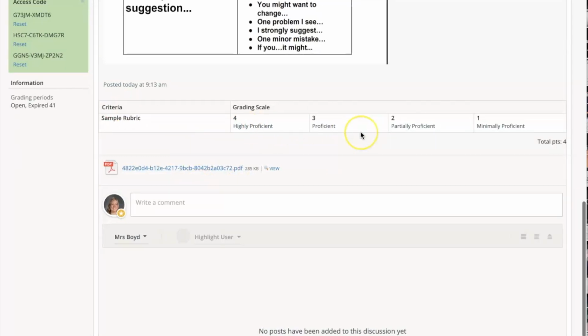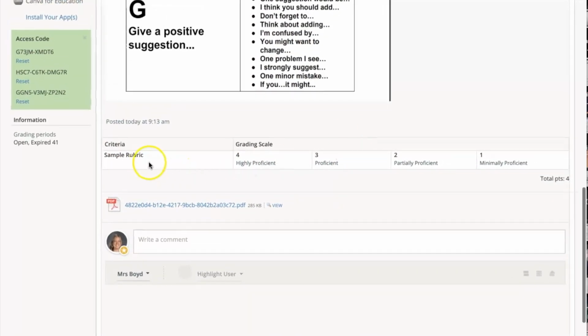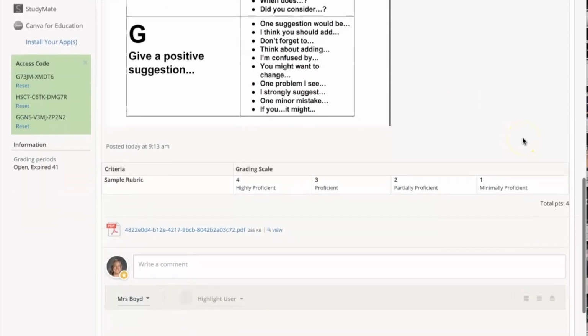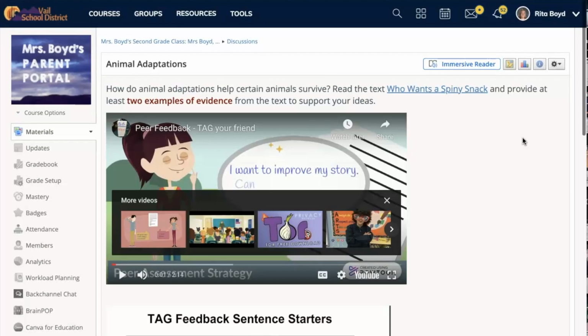And then they do have this was a sample scale, but here you can see an example of the basic rubric here. So you can always add more detail and create your own rubric. And then when you go through and grade, you can click on one of the grading scales here, and then students can see where they are for that assignment. So this is a great way to just really enrich the discussion posts and add more information to help your students